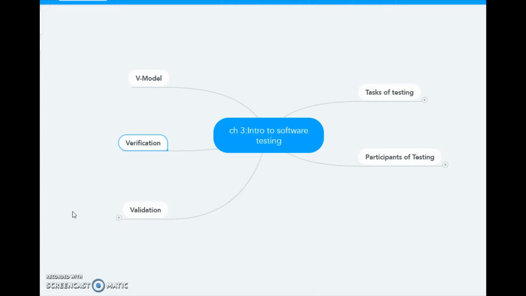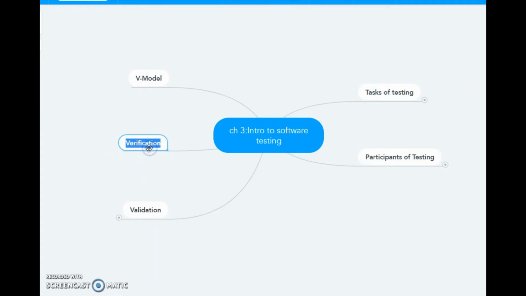To check whether it is according to the required specification or not, we have to do what is called verification. Verification makes sure that the software application is getting developed in a correct way with respect to the requirements, and that is what is meant by are we building the product right, or are we doing the job right. I hope the purpose of verification is clear.